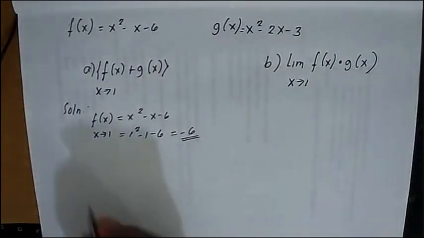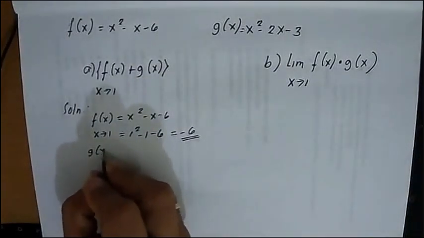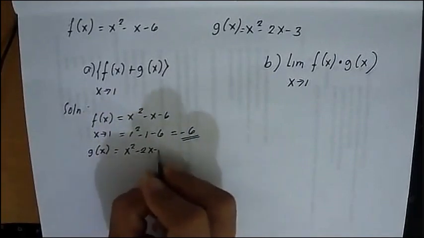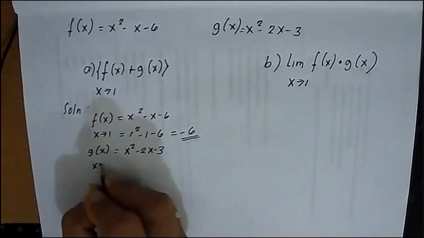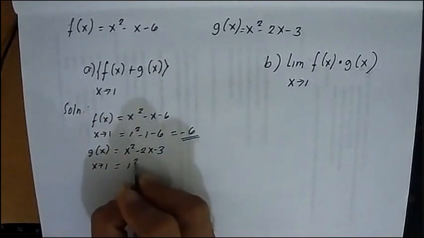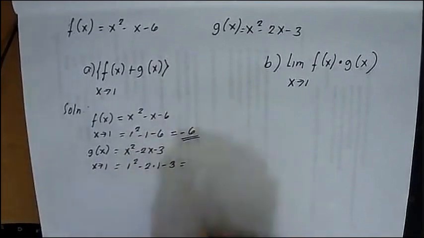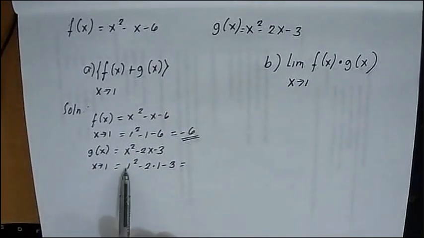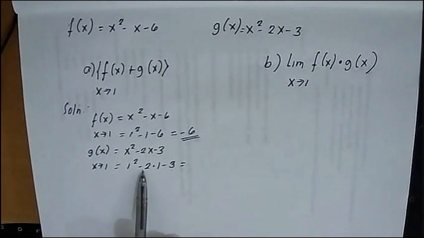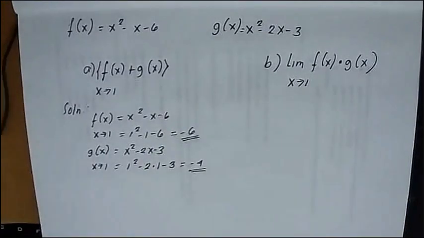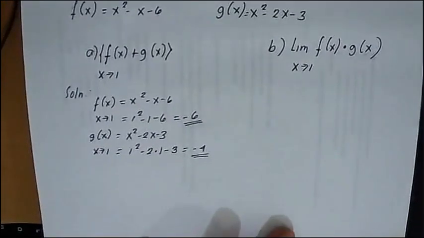Okay? Next, g(x) is equal to x squared minus 2x minus 3 as x approaches 1. 1 squared minus 2 multiplied by 1 minus 3. Okay? So 1 squared is 1, minus 1 is negative 2. 1 minus negative 2 is negative 1 minus 3. We have negative 4. Okay? So therefore,